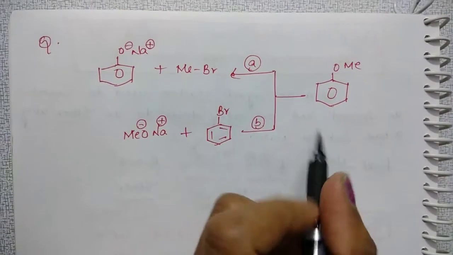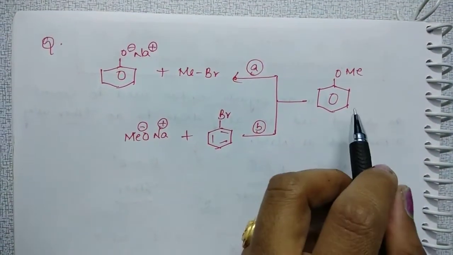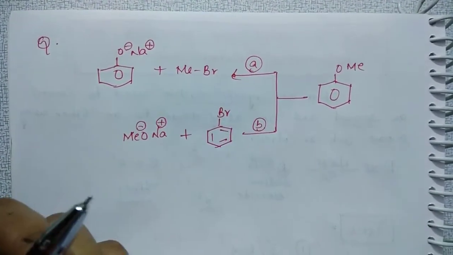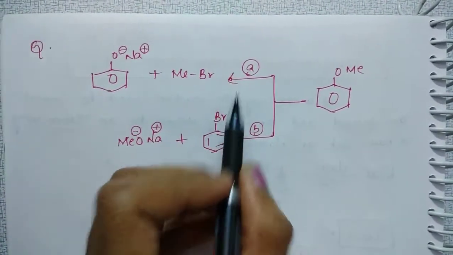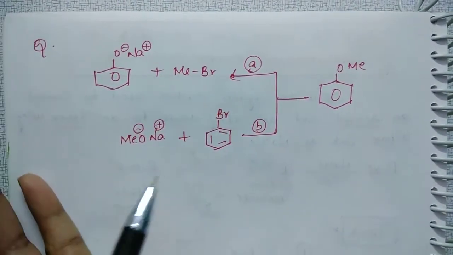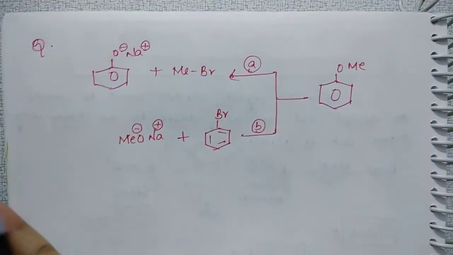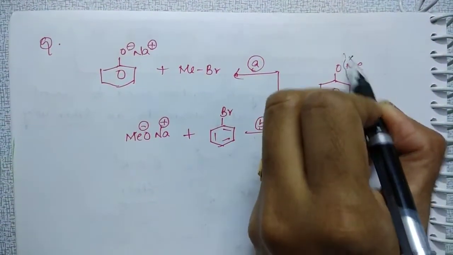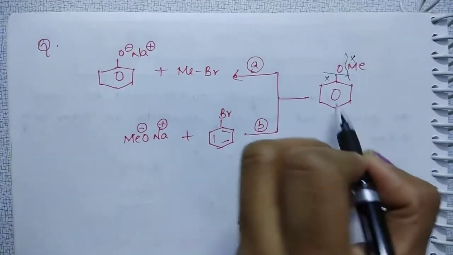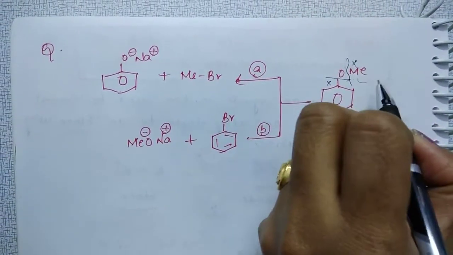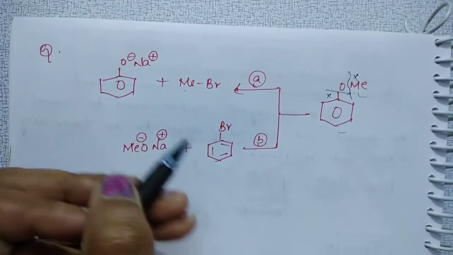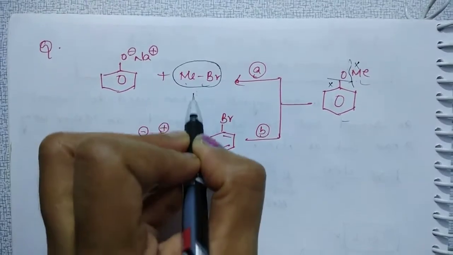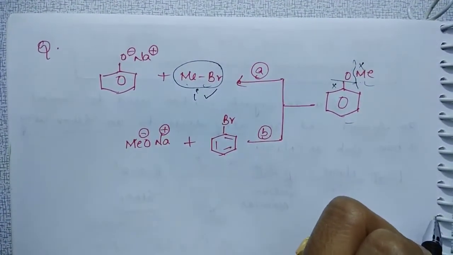See the next question. You want to prepare anisole, that is methoxybenzene. Then these are the two routes. Just try, students, in this route A and route B, which is correct, means better, which gives the better yield. Try it. You want to prepare this ether. This may be the alkyl halide part or this may be the alkyl halide part, right? In these two alkyl halides, which one gives a better yield? This is a primary alkyl halide, gives SN2, we know.